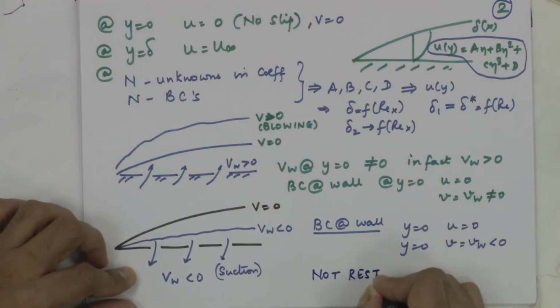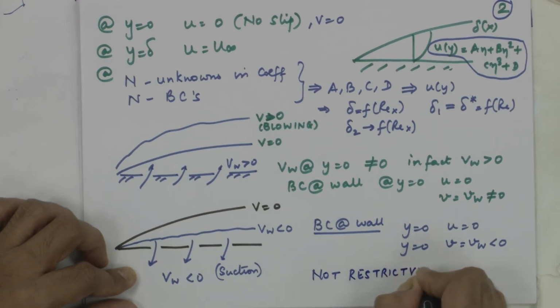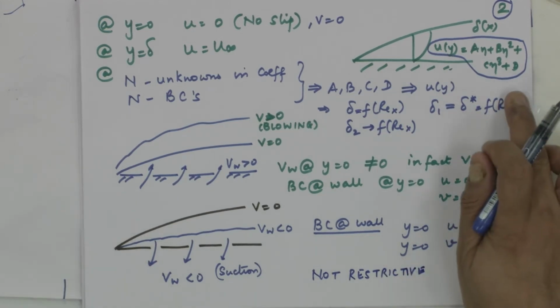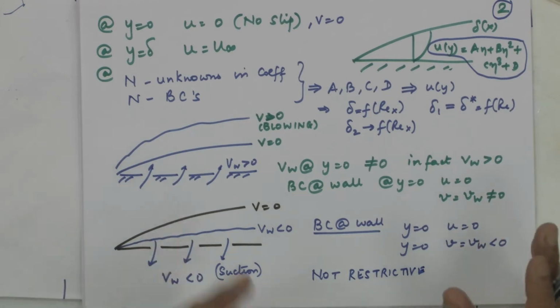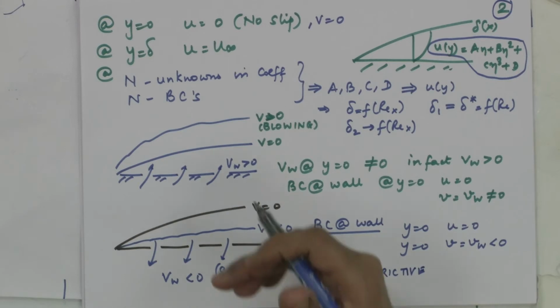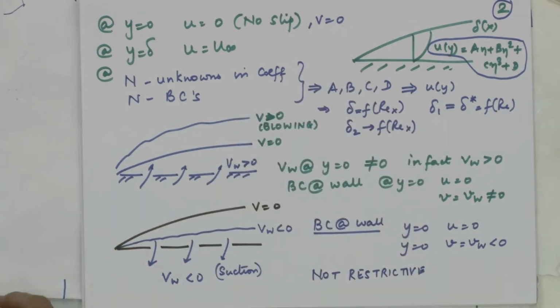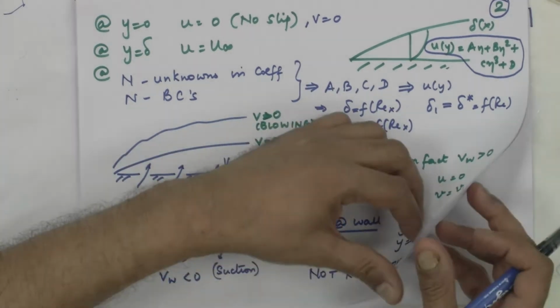The profile is your choice. It can be used for any type of problem, not restrictive. So, integral method is not restrictive, but it is less accurate because of the profile fit that we are taking. Okay, so, not restrictive, all classes of problems you can do, except that the complexity may change according to the boundary conditions. Similarity method, on the other hand, is a class by itself, because what happens here,